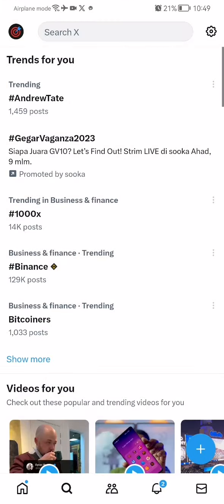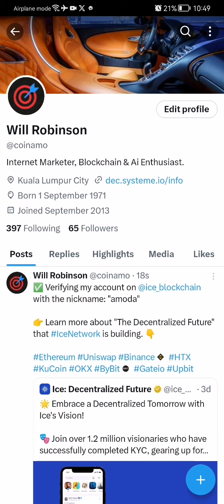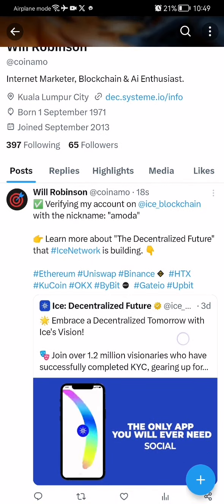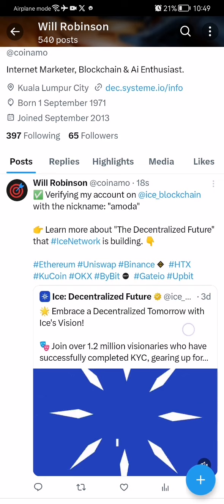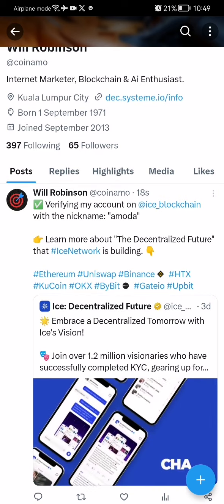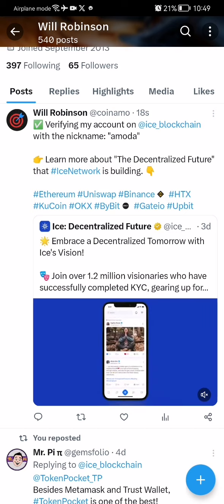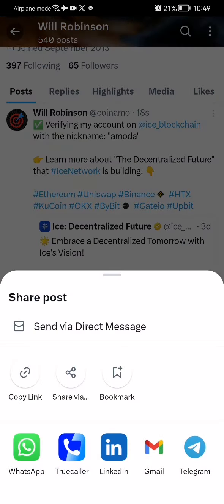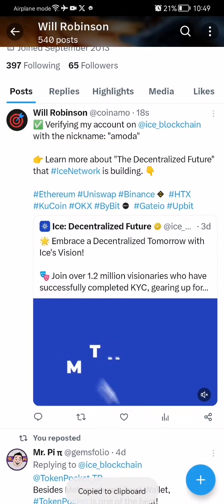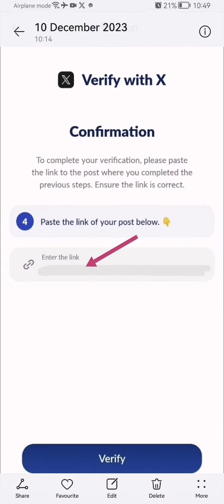Go back, click on the arrow on the top left, click on your profile photo, click profile, and then you will see your reposted on your Twitter like this. You need to click at the bottom, the right button, you need to click on the icon share, click copy link. Once you copy it, go back to your